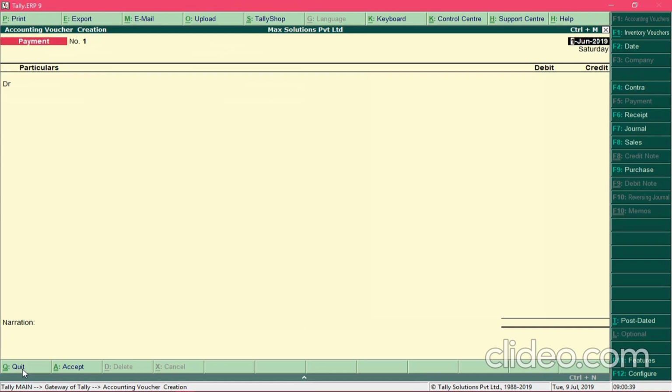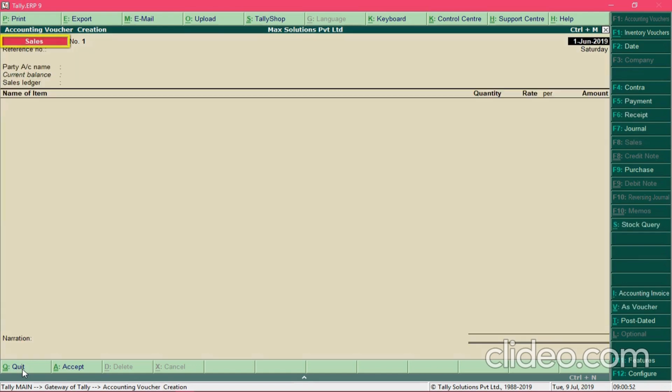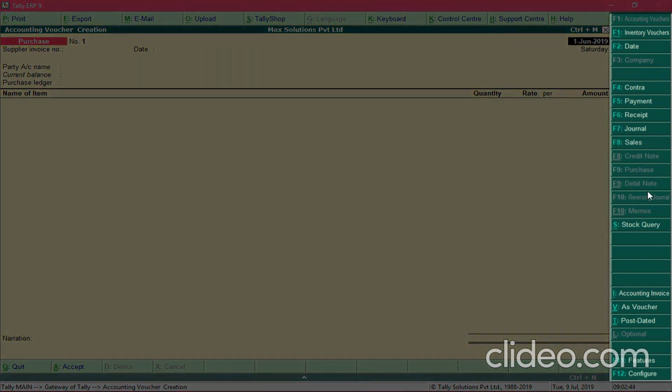Like payment voucher, there are vouchers for recording different transactions. For example, to record all incomes, we use the receipt voucher. To record all the sales, we use the sales voucher. To record purchase, we use the purchase voucher. So these vouchers can be accessed from here.